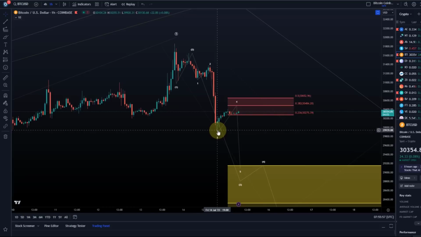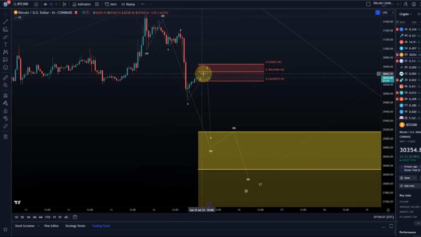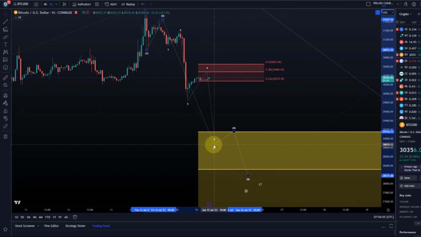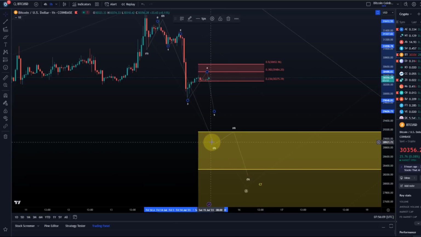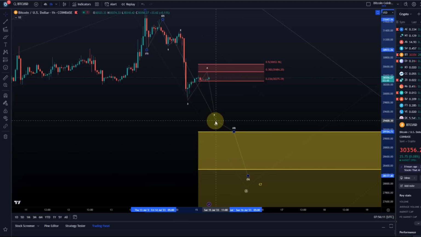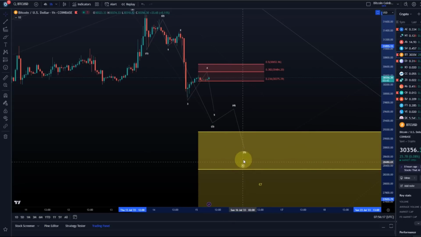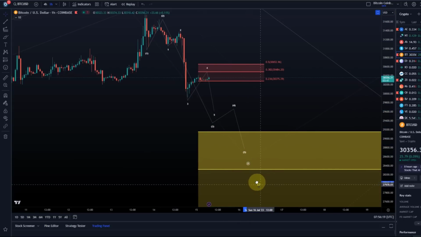But at the moment it is likely that this is a wave 4. And one more wave down and a 5. That would be a wave 5 of 3, then a 4 and a 5. It doesn't necessarily need to come down that much. But yeah, I wouldn't be surprised if we see a wave 4 play out here over the weekend. Let's see. Again, these counts can always change, especially on the lower time frames.